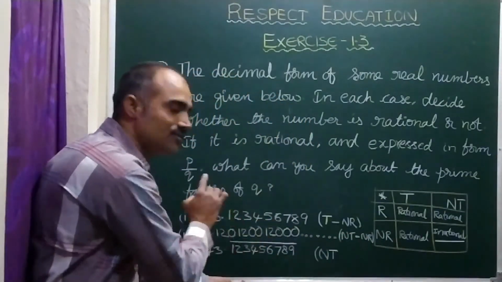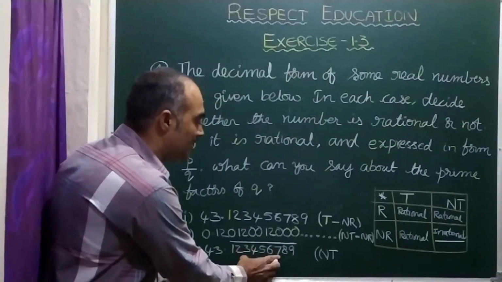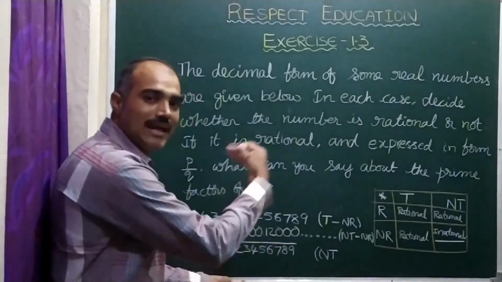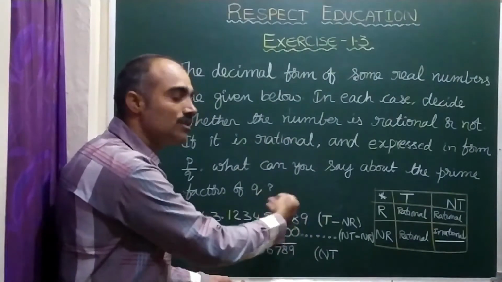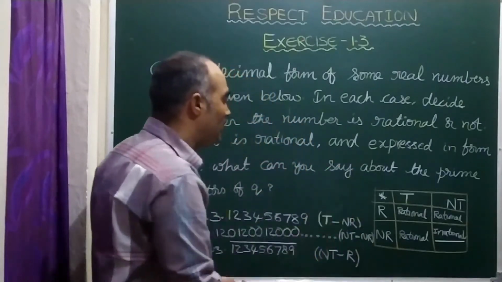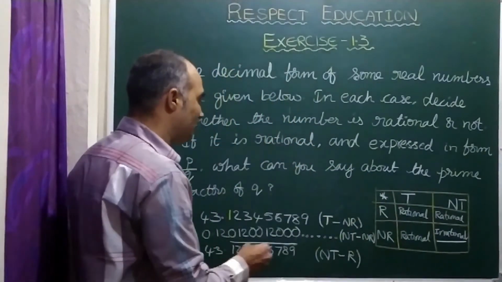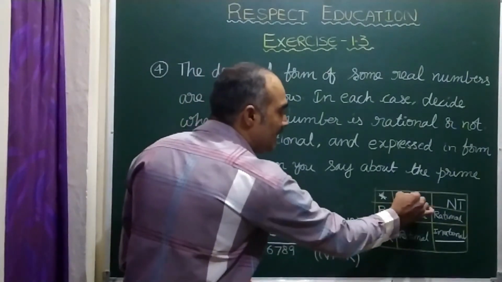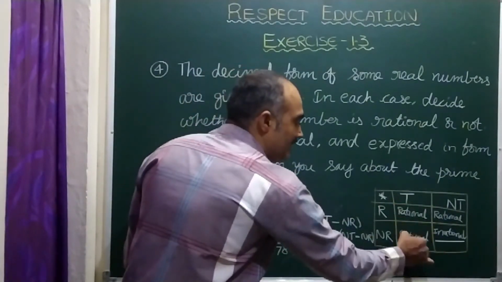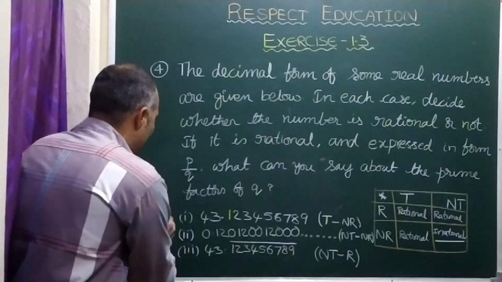You do understand this one clearly, right? And the last one, you see 123456789 with a bar, which means again and again it goes on coming. So that is repeating. Now you observe these cases with this table, children. See here, first one, terminating non-recurring, it is rational. So here I am writing, children, this is rational.